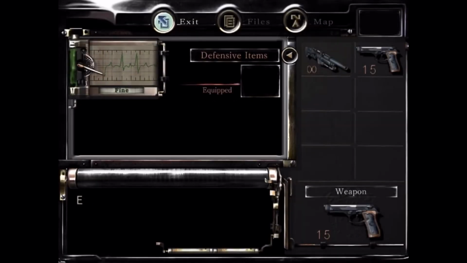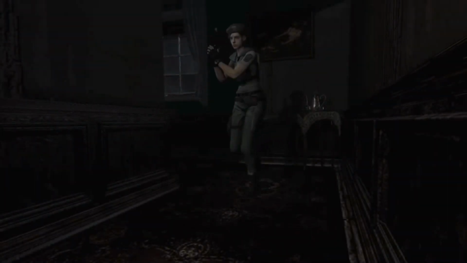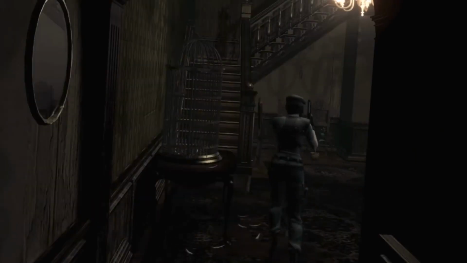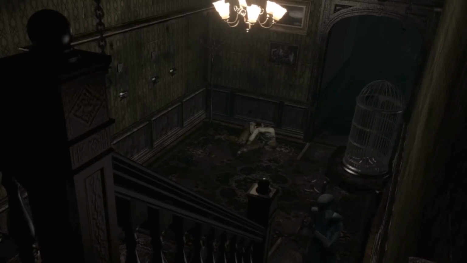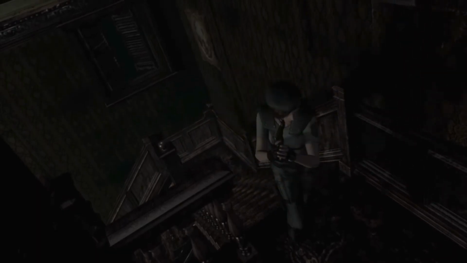Now, this part is going to be very Resident Evil 1 Remake. You're going to have your set rooms, you're going to have your set puzzles, you're going to have to try to find items to unlock certain rooms or solve certain puzzles. There'll be different documents to give you more hints to what's going on, that sort of thing. It's something that we've seen time and time again in Resident Evil.